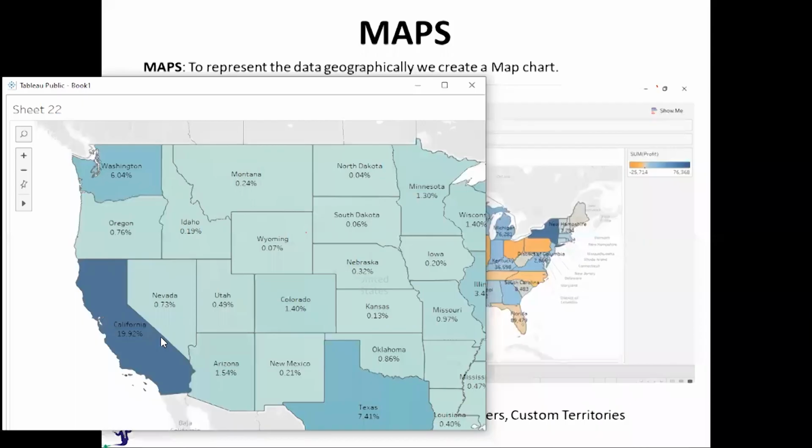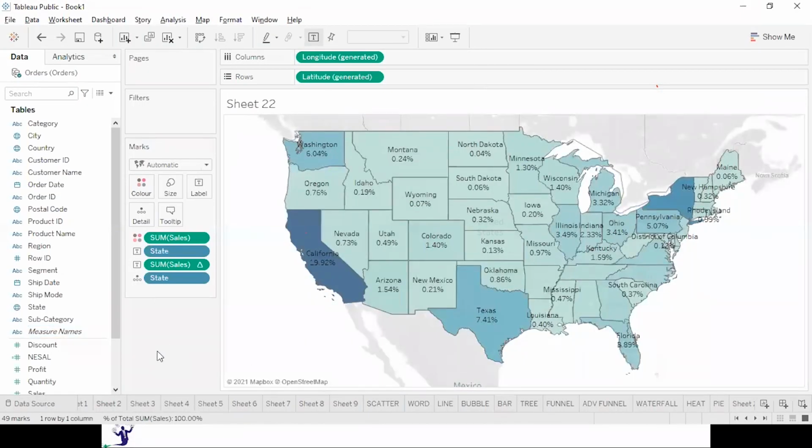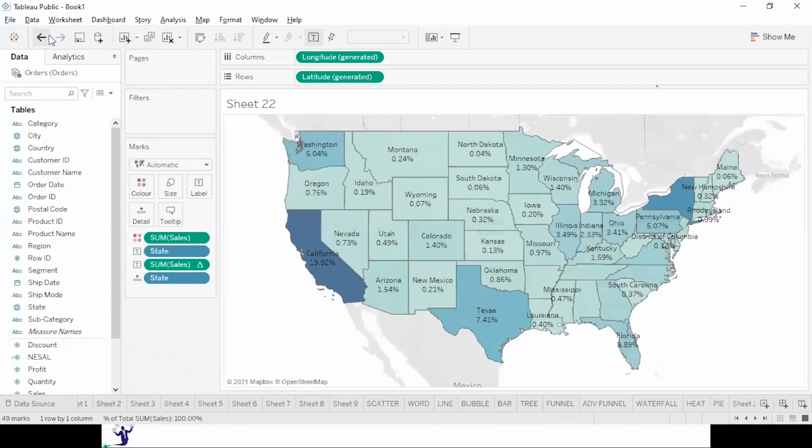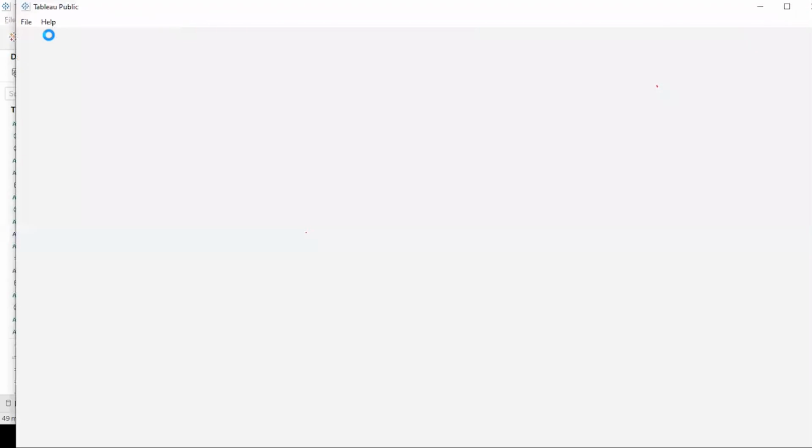And if you wanted to create any other map, let's say someone is asking about the India map, so I will also give you an example of this, for which I have to open another instance of Tableau, and let me connect to the data which contains India data.